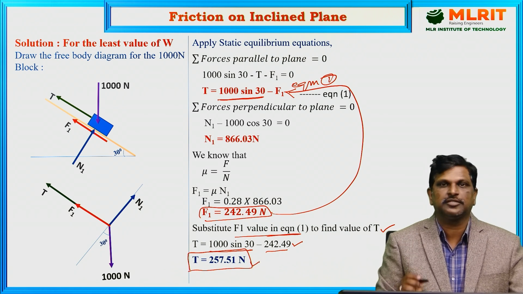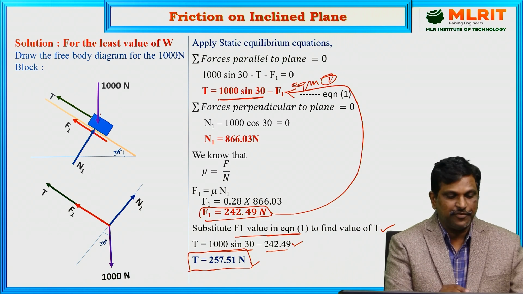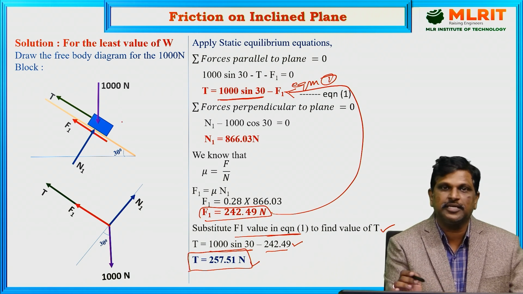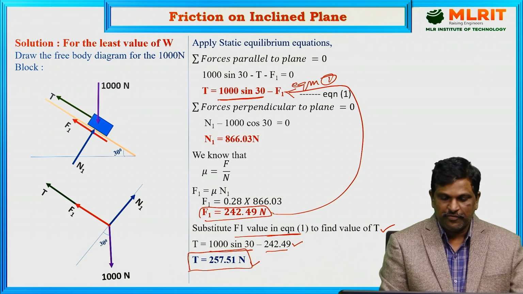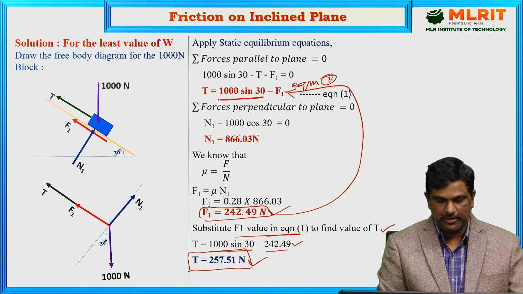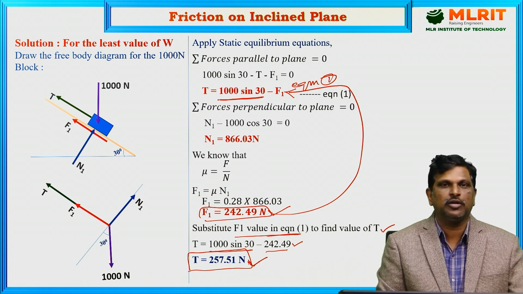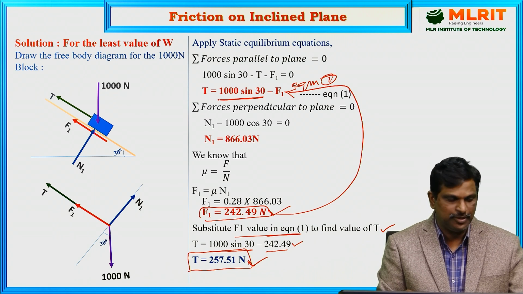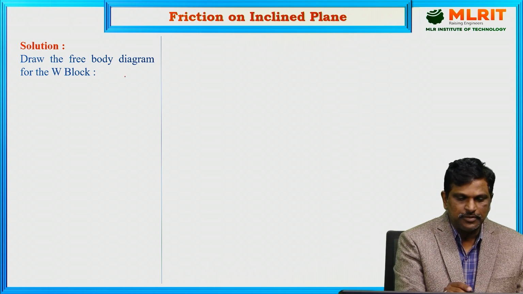257.51 newtons. Now, by considering the free body diagram of the 1000 Newton block and resolving the forces and equating to 0, or applying static equilibrium equations, we got friction at the contact surface and tension in the string. By taking these two values, let us move forward to solve the least value of W. In the second case,